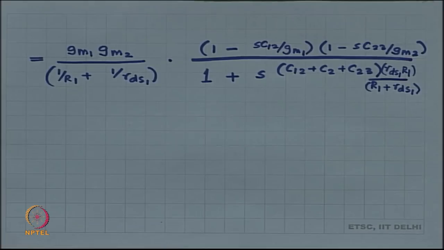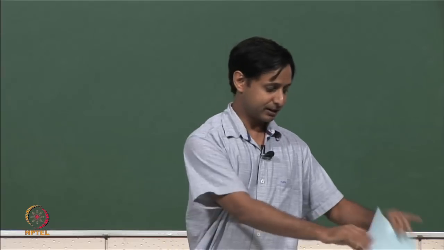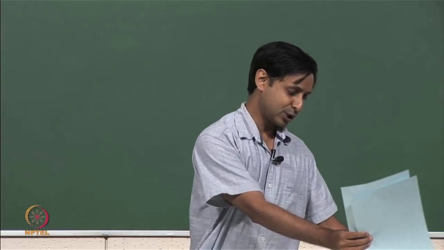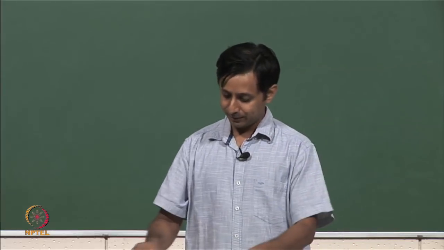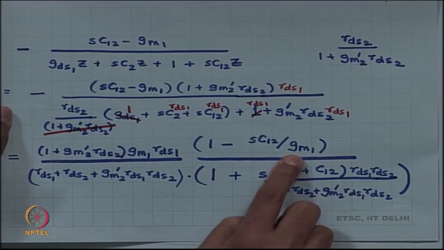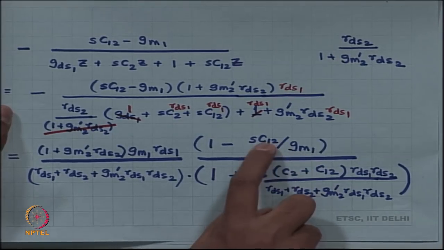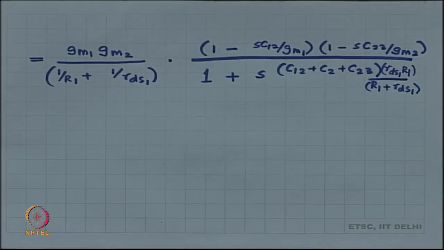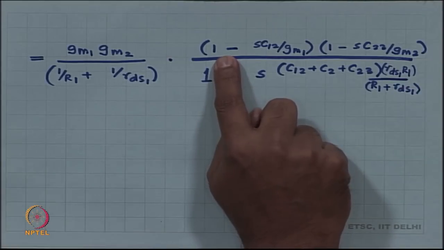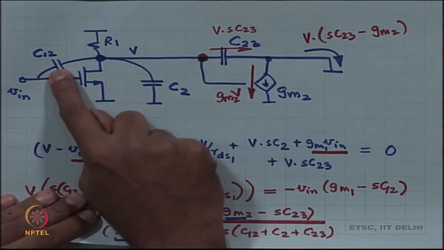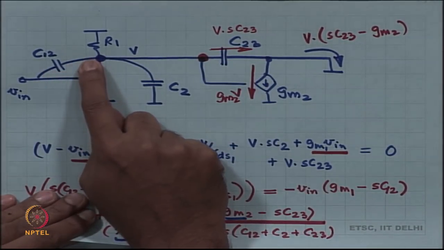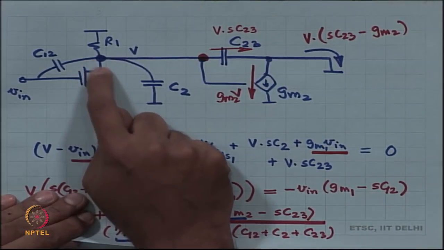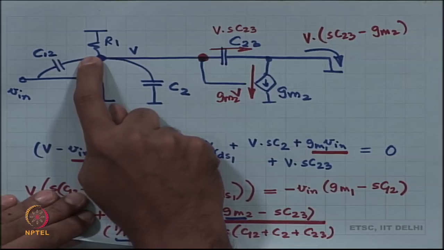Okay. If you look back, you open your common source amplifier, you will see exactly the same thing. You open your expression for the Cascade amplifier, you see exactly the same thing, GM1 divided by C12, all right. So, something very interesting is going on over here, right. We seem to be lost in the maths, but we are not. Okay. We are trying to develop the intuition over here that the right half plane 0 that we are getting is related to this transconductance and C12,